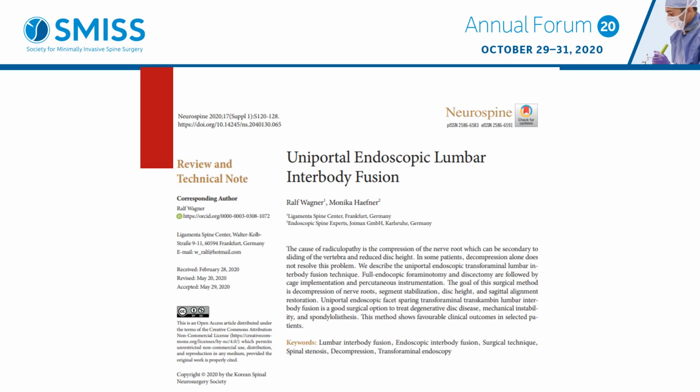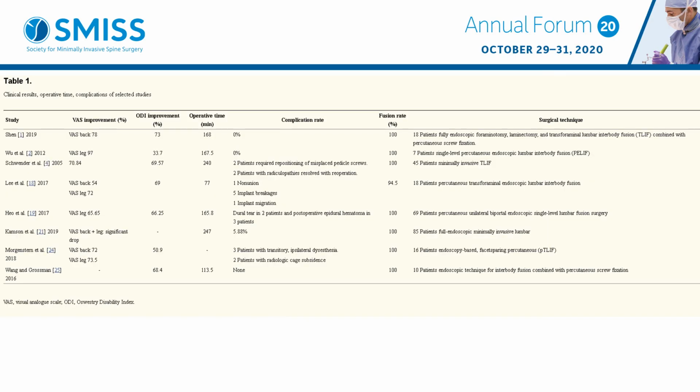Outcomes for this procedure. Here's a recent paper from Ralf Wagner and Monica Hefner in Neurospine. They reviewed the outcomes of endoscopic uniportal T-lift. And you can see on the right the number of patients in these series is growing: 18, 7, 45, 18, 69, 85. And you can see the operative times between 1 and 3 hours,